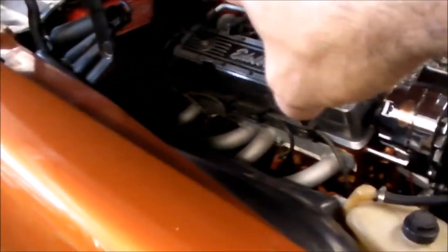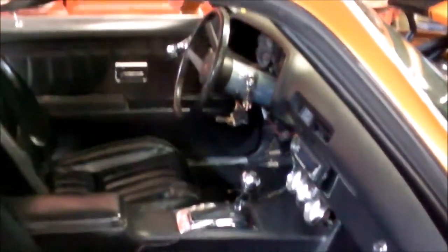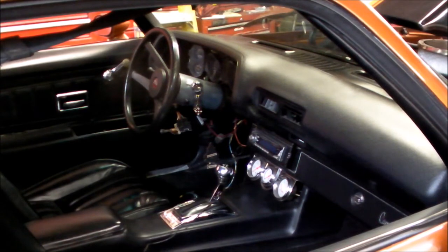So I went over to this part of the firewall and checked to see if my ground strap was broken. That's still intact. So then I started taking apart the inside of the instrument cluster there, the dash. As you can see, maybe not, but everything's taken out. You can see the bezels are out. So I had that cluster out, and sure as the day is long, it's what I thought it would be,